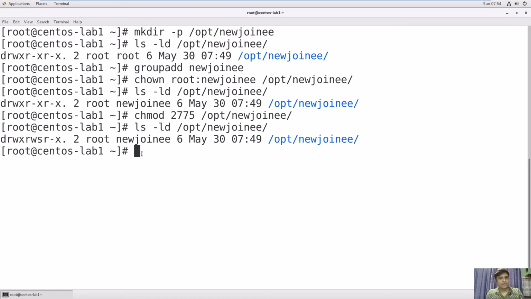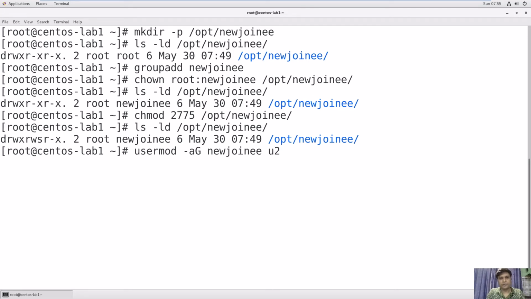Now we will see how a user can access any file or directory inside this directory, right? First of all, we will add users to the particular group. You use this command: usermod -aG, then the group name newsjoiny, and then the user.